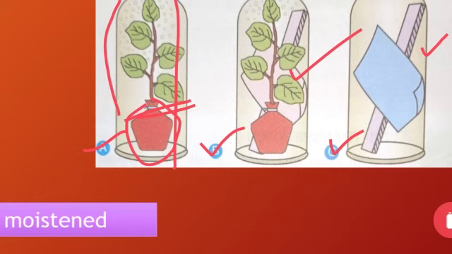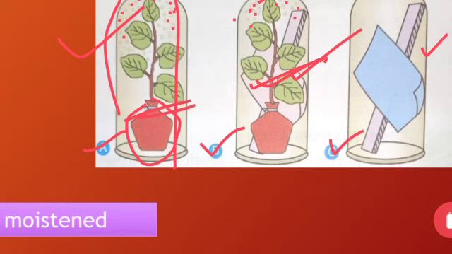After half an hour, what will we observe? In the first setup, we'll observe condensation of water vapor, found as droplets on the inner surface of the bell jar. In the next setup, the same thing will be found, meaning droplets of water on the inner surface of the bell jar. Along with that, there will be a change in the color of the cobalt chloride paper. Earlier it was blue because it was dry, but because of the presence of moisture in the air due to the process of transpiration, the cobalt chloride paper will change its color to pink.